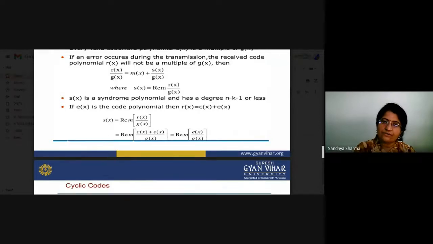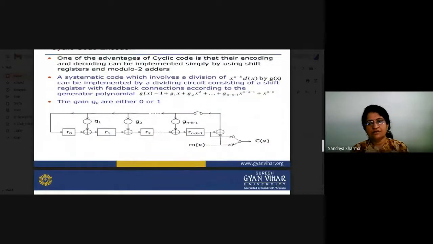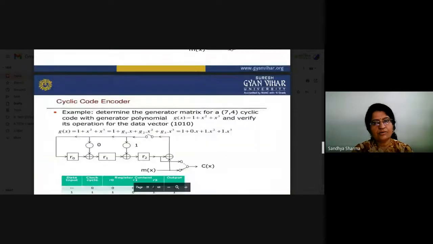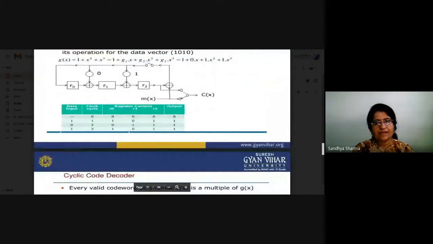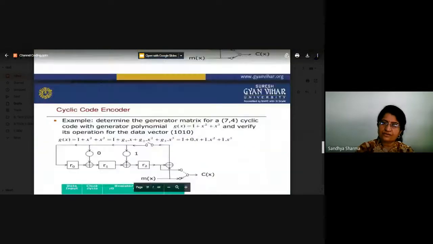Now let us slightly revise linear block codes and cyclic codes. If we are talking about the linear block code, there will be a k-bit message block, and then we add some extra parity bits and convert it into the code word. At the receiver section, when you receive the code word, you have to find the original code word by removing the error vector, and this error vector can be removed in our linear block code, as you can see here.